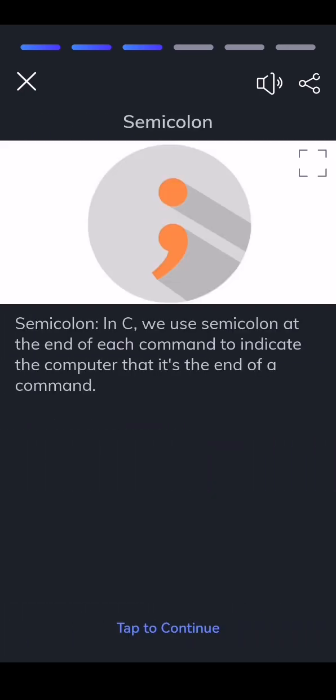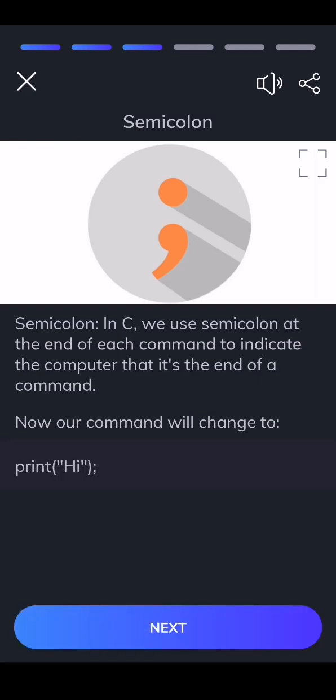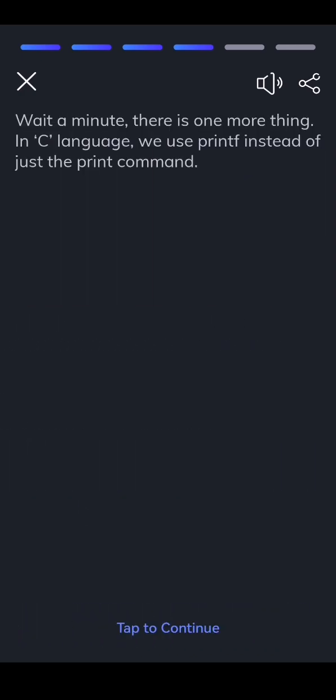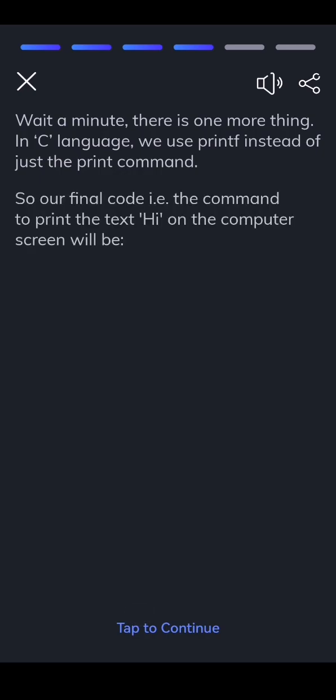semicolon. In C, we use a semicolon at the end of each command to indicate to the computer that it's the end of a command. Now our command will change to... wait a minute, there is one more thing. In C language, we use printf instead of just the print command. So our final code, i.e. the command to print the text hi on the computer screen, will be